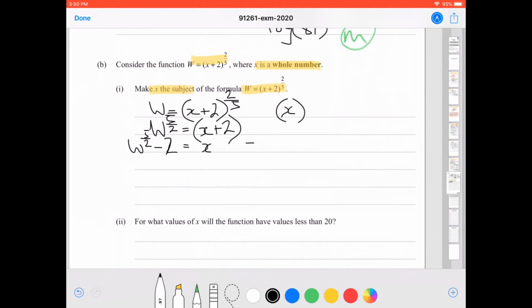The marking schedule mentions x equals, and they've rewritten the fractional indices there in the form, obviously it's power over root, so it is root w to the power of 5, and they've said minus 2. Both answers here are correct, and so correct expression gets you an achieved grade. Okay, moving on to question